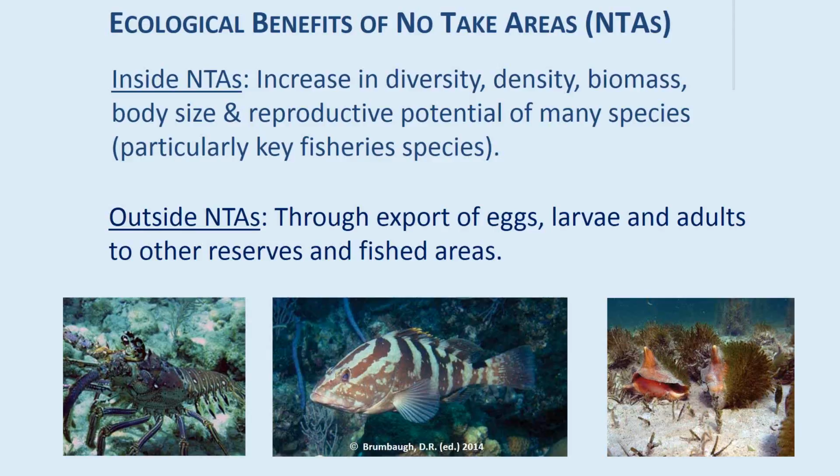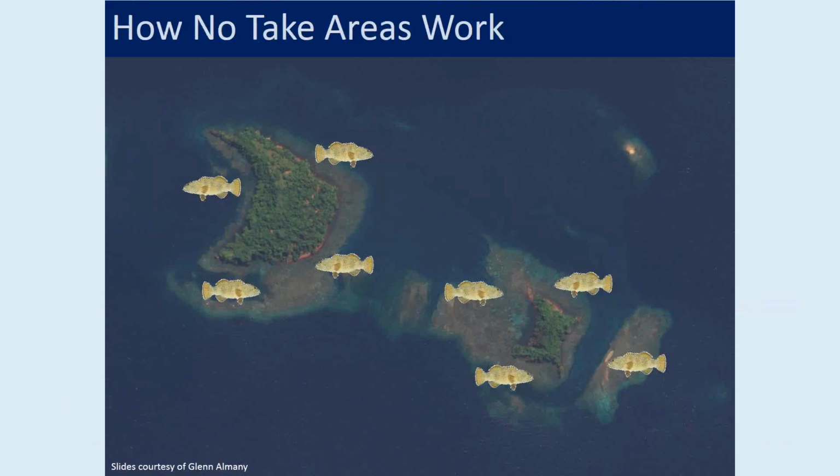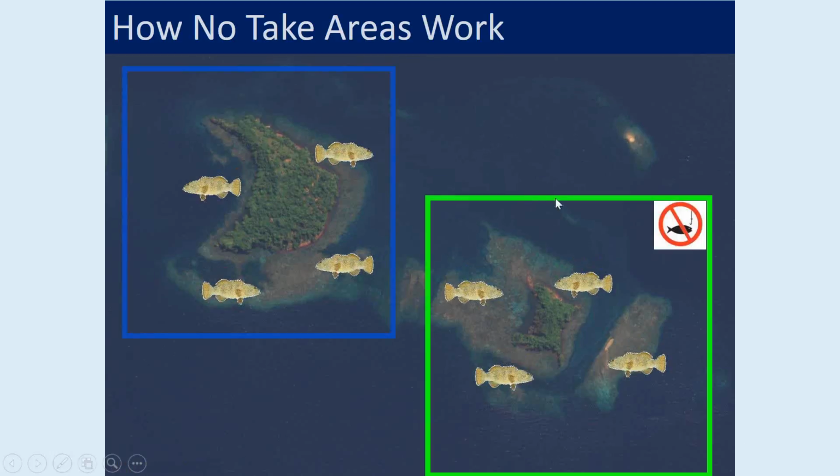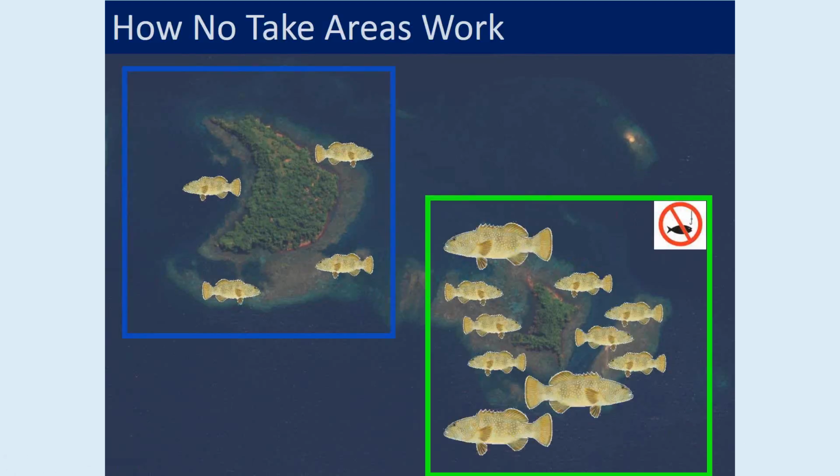I'm going to quickly show you now a couple of animations of how no-take areas work, which you might find useful at your place. This one is from the Great Barrier Reef, and I'm using a coral trout, which is the number one food fish on the Great Barrier Reef. It's a grouper. What you can see here is 2 areas of reef. If you close one of these areas to fishing, the green zone, and leave the other area open, what you see quite quickly within a couple of years is a rapid build-up in the density, biomass and reproductive potential inside the no-take area and not much change outside.